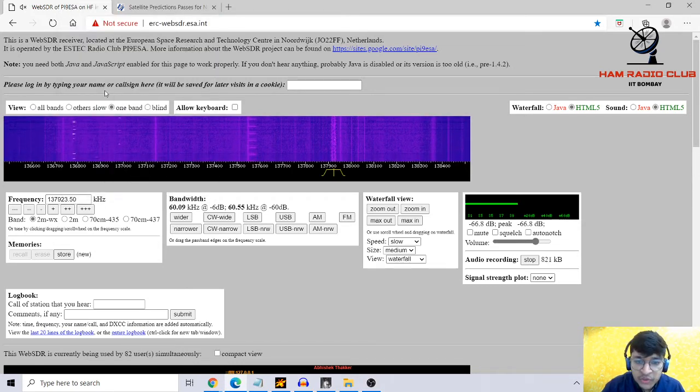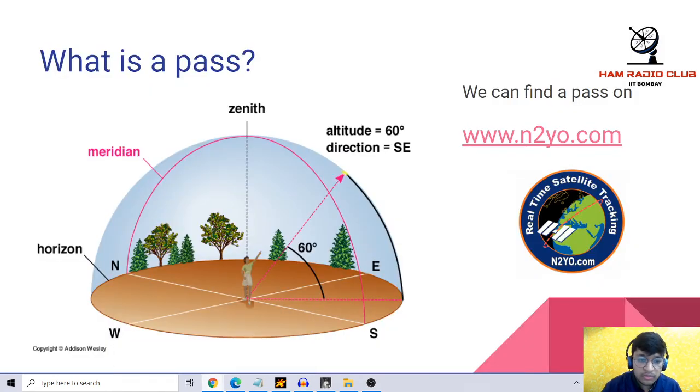I hope you were able to hear something. One very important thing is that this signal will not always be nice or very clear. There can be issues like weather, there can be issues with the ground station. So we try our best again and again to track good satellites. While this is being tracked and recorded here, we'll go to the presentation to learn more about NOAA satellites.